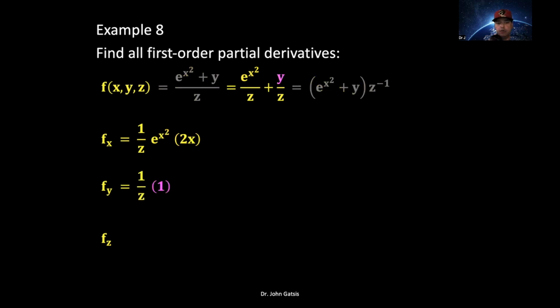The second version also is beneficial for the partial derivative with respect to y. Since 1 over z is a constant, similar to the previous one, we only have to take the derivative of y with respect to y. So that's a 1. And finally, f sub z, well, that last version is actually beneficial because the quantity in